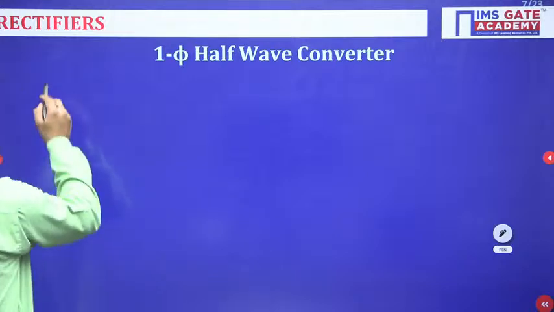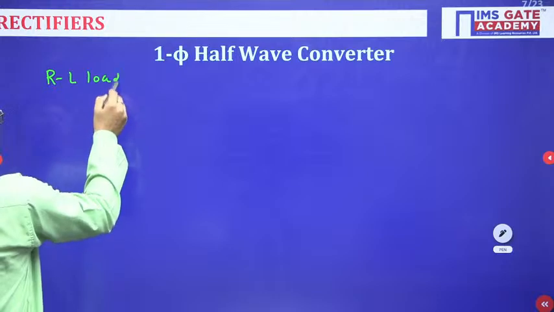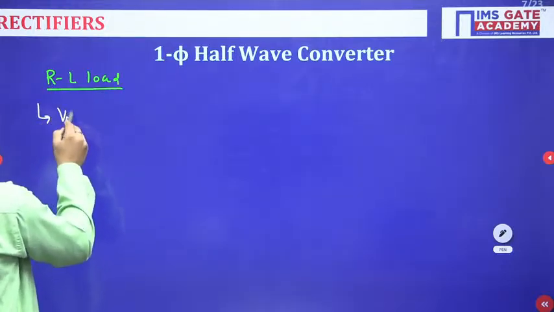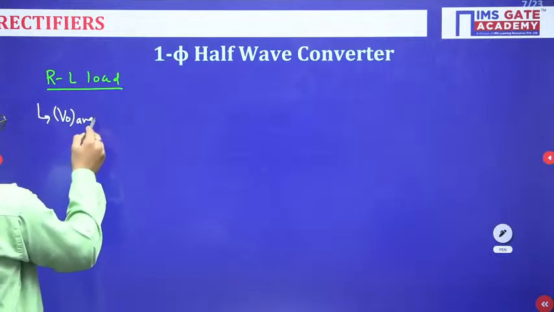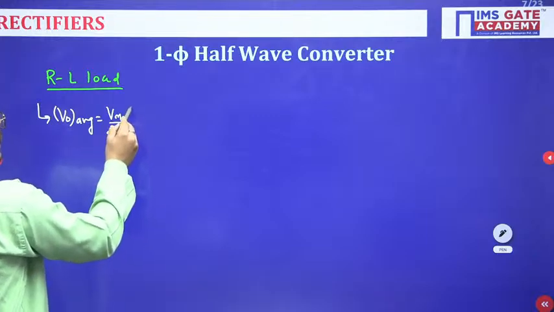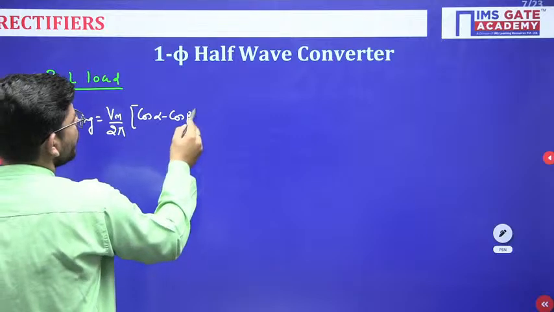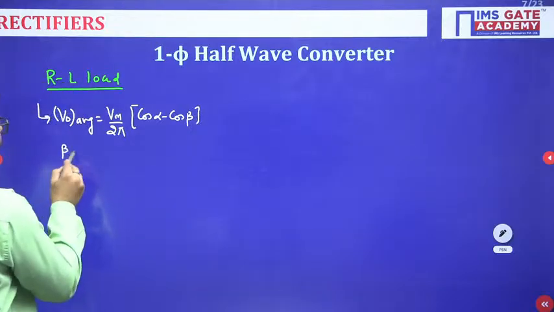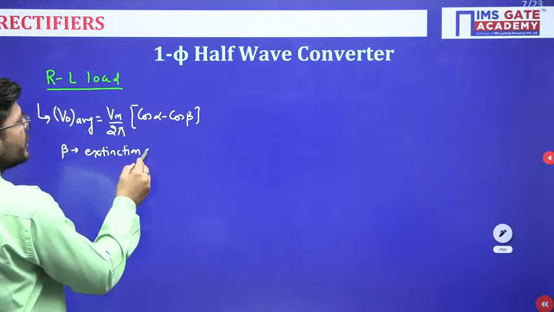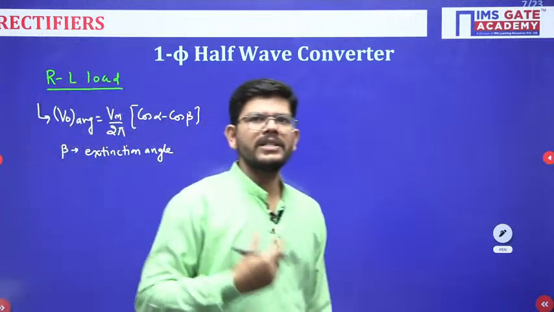Then suppose we have RL load. In case of RL load, the average output voltage equals Vm by 2 pi times cos of alpha minus cos of beta. What is beta here? Beta is the extinction angle. After pi the negative cycle starts,